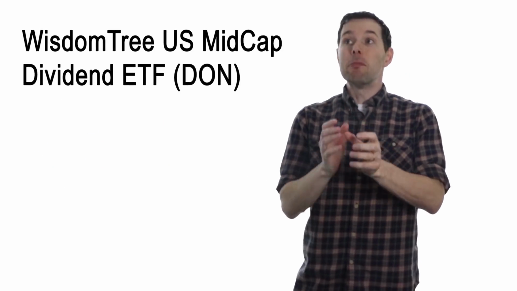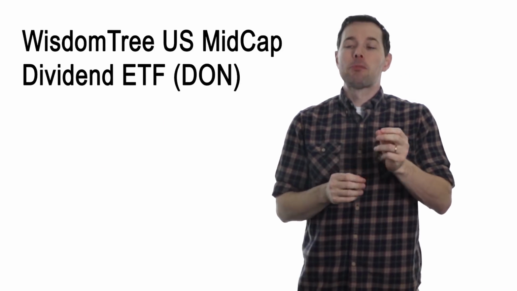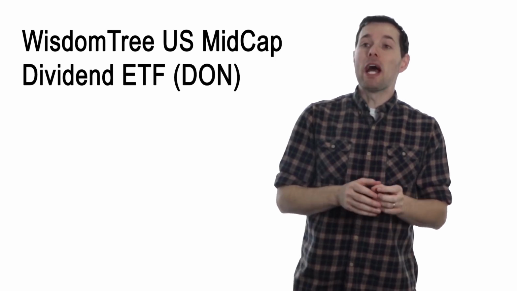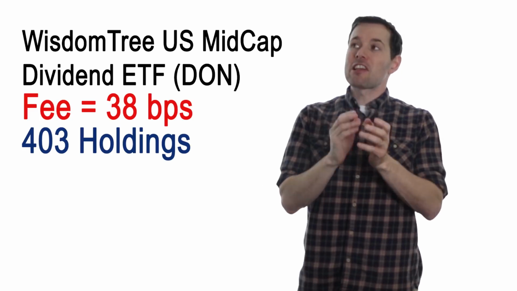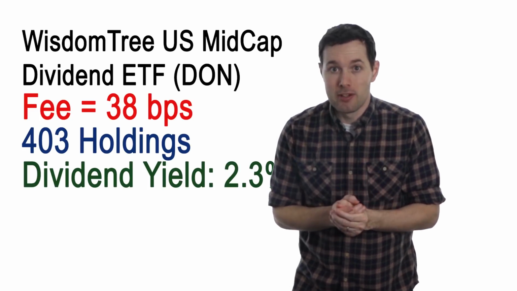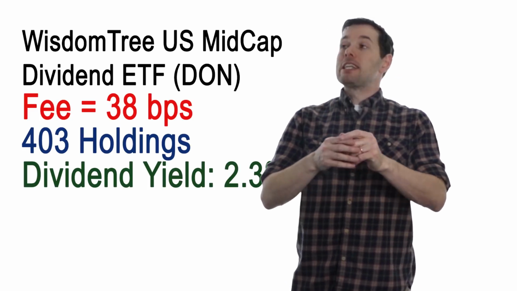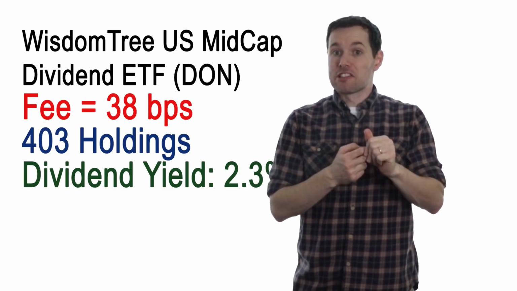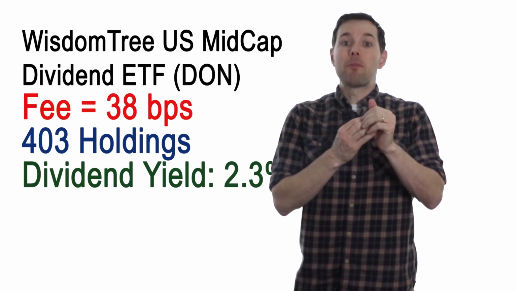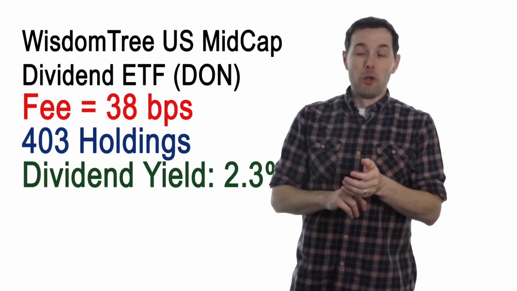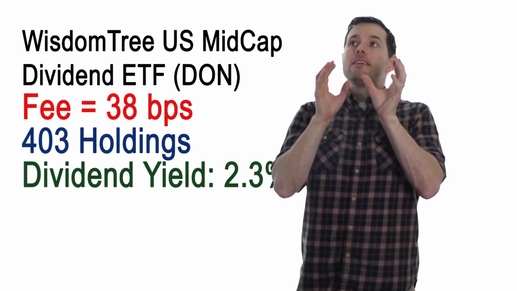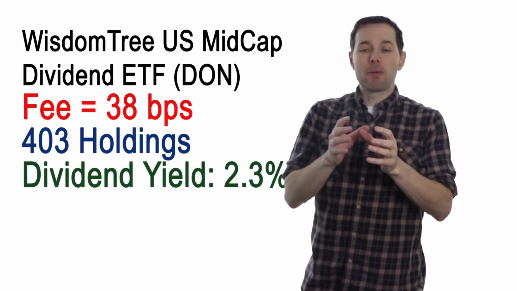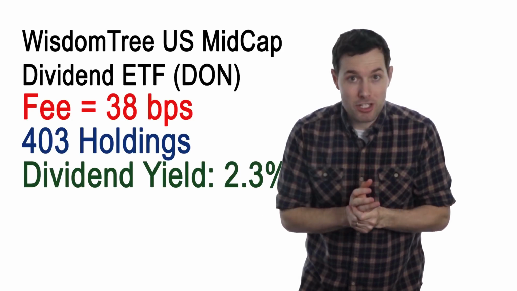So for our next holding, we have the WisdomTree US MidCap Dividend ETF, ticker symbol DON. DON has a fee of 38 basis points. They have about 400 holdings and slightly more than a 2% dividend yield. More than half their holdings are in consumer discretionary, real estate, and industrials. They own companies like L Brands, Kohl's, Tapestry, Macy's, Targa Resources, and because this ETF focuses on consumer discretionary companies,